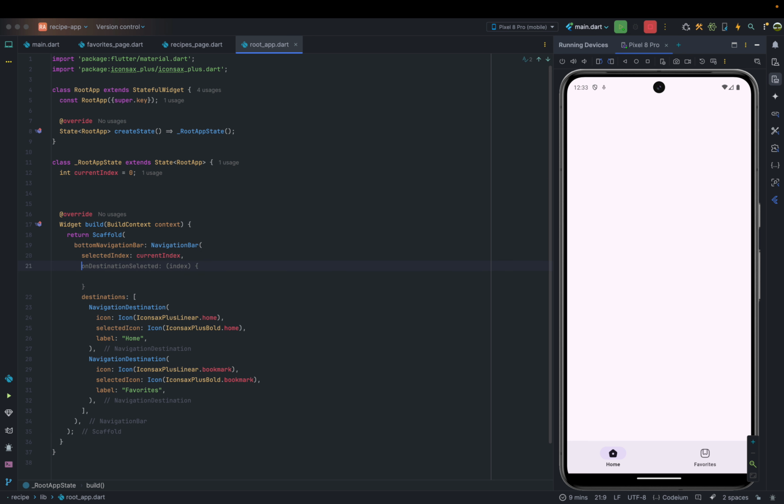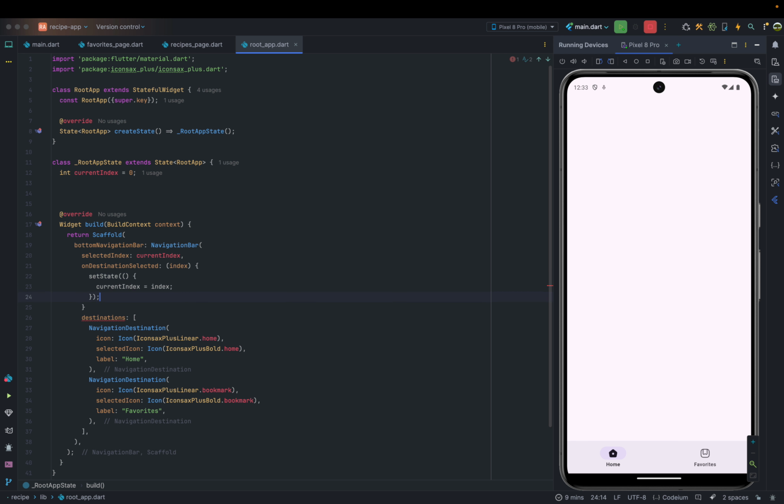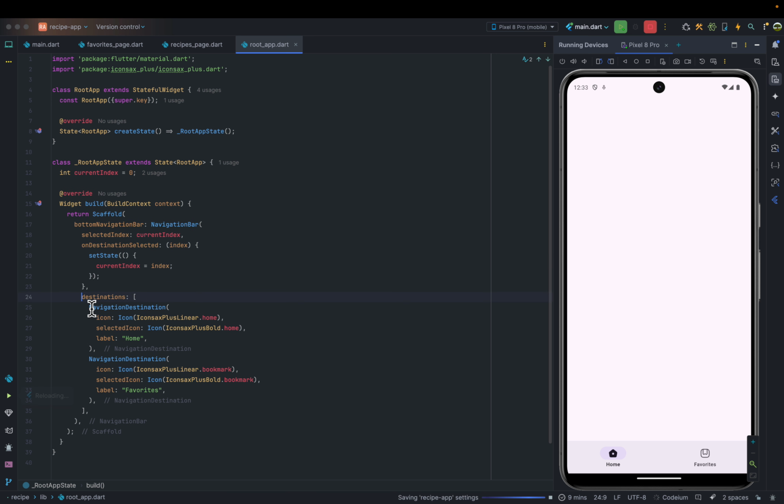Now whenever a user clicks on the bottom navigation bar, I want to change the current index. So on destination selected, that is what we are looking for. We want to set state, which means we want to trigger a rebuild, and then set the current index to the new index the user has tapped on. When we do this, and currently if we click, we realize that the active changes from home to favorites, right? Nothing else is happening because we are not really using this value, which is the current index,